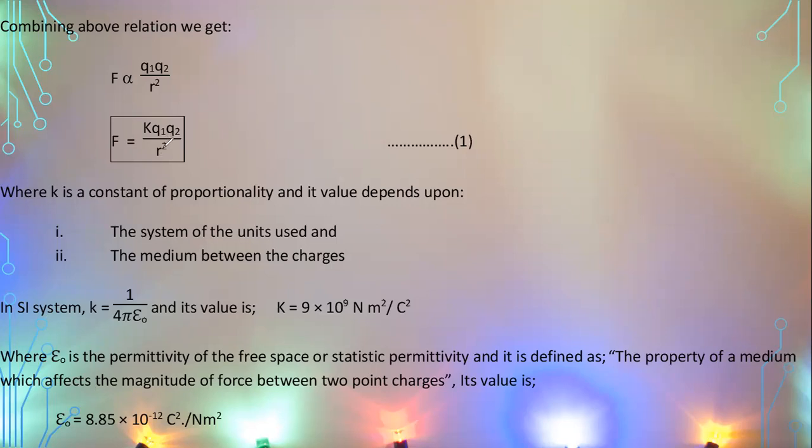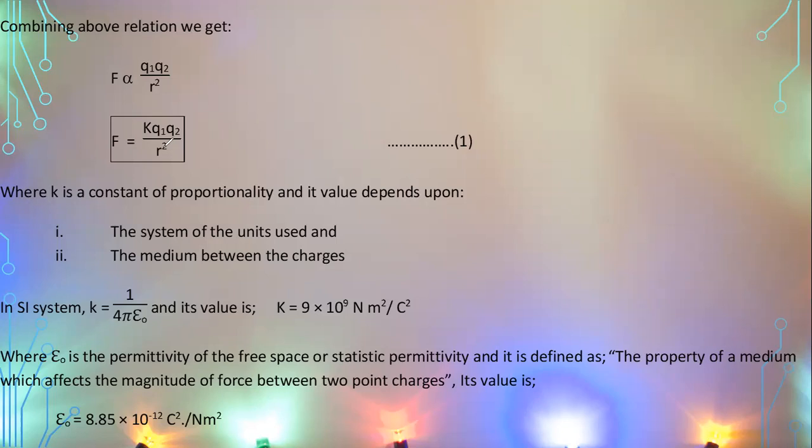The inverse square law is like holding a torch in front of a screen. At a distance of 1 meter, you note the area of the light spot formed on the screen. If you increase the distance between the torch and the screen to 2 meters, that is 2 times, you will see that the size of the light spot increases by the square of 2, that is 4 times. So in the case of light the intensity decreases by this factor, and in the same way the force between two charges decreases by the same factor, that is the square.